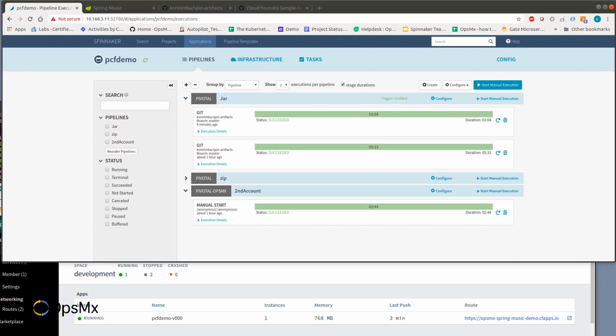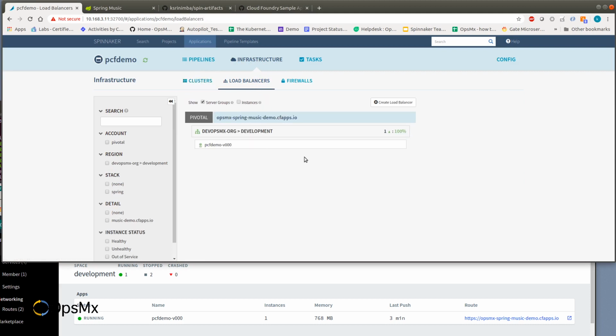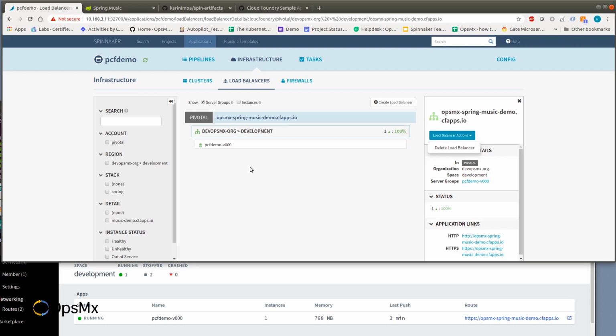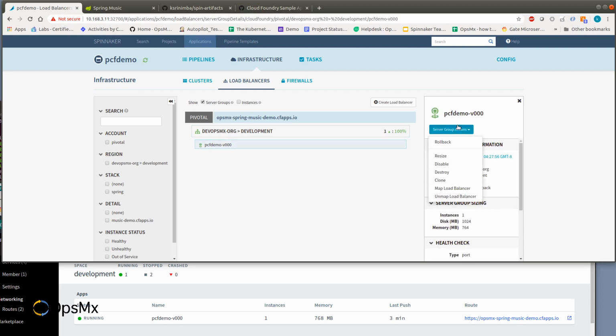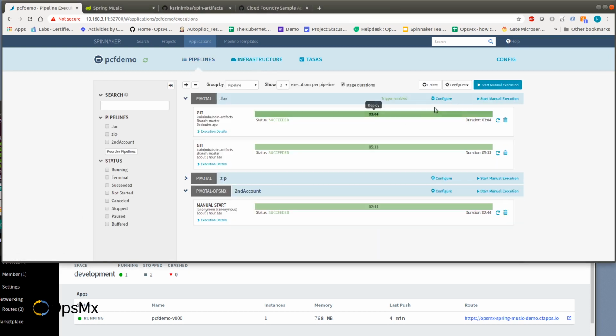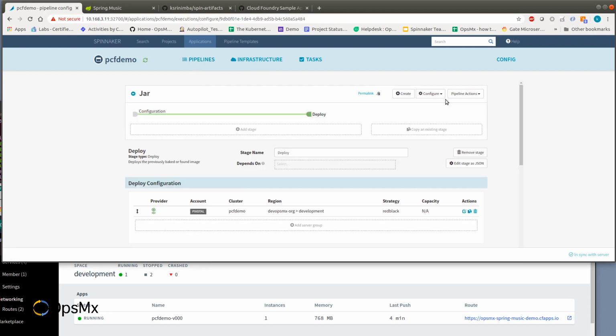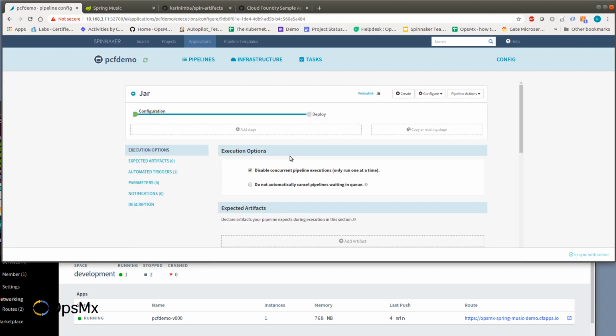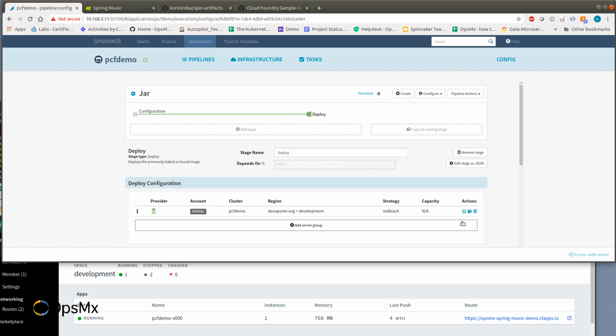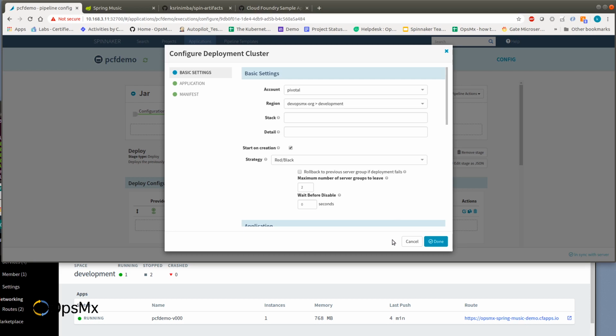Alright, let's get started. You can see the pipelines here and infrastructure, which contains clusters and load balancer, and we can see the load balancer has different menu items, and then we have different options for resizing our clusters. So let's go back to our pipelines and let me click on configure. You can see that here is our configuration. It's set up for automatic triggering from Git, and here is our deployment. So let me click on edit here so we can see